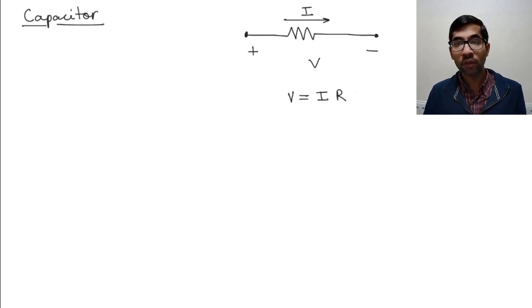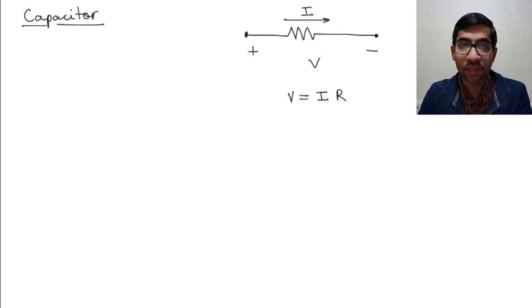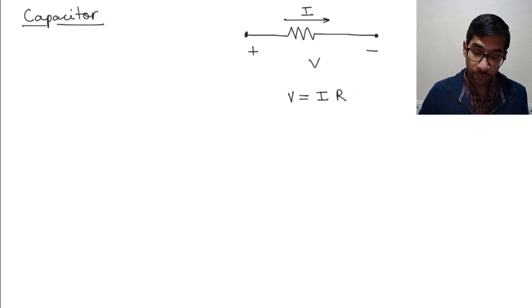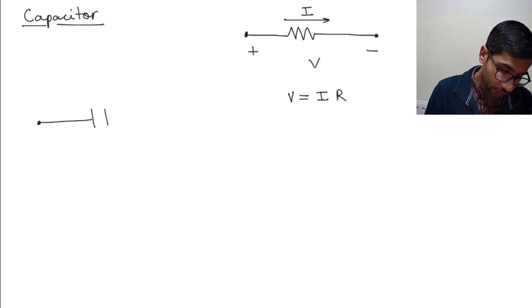Where this constant R is the resistance of the resistor. Now, what I want to do in this video is try to derive a relationship between the current and voltage in a capacitor. One way to think about a capacitor is that it is a storage device. It stores electric charge. Okay, so let me draw the symbol of a capacitor. So the capacitor is usually drawn like this,